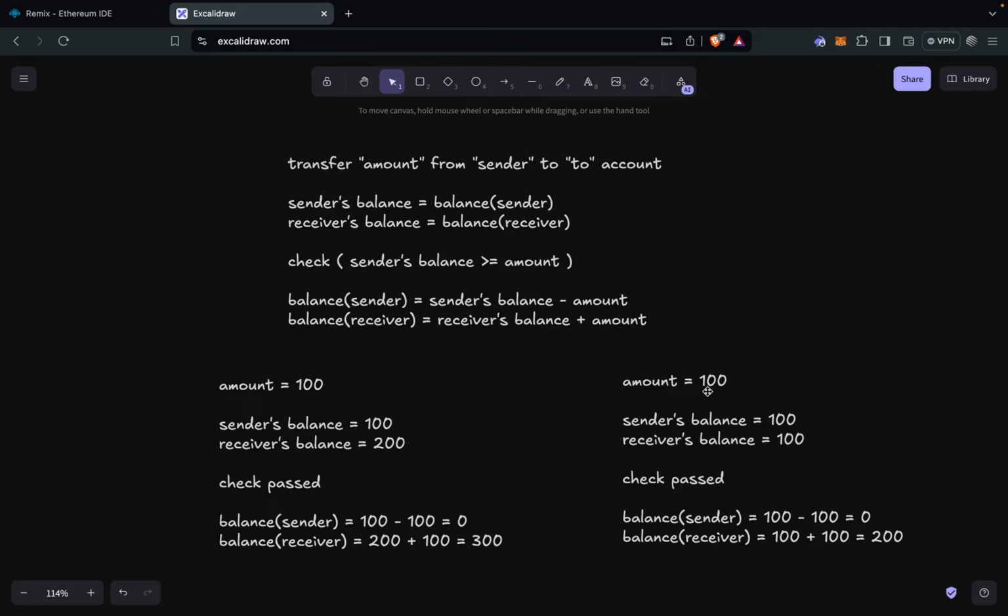So let's say again they are trying to transfer 100 tokens, and since sender and receiver are the same, the current balance value is fetched from the smart contract storage and stored in the local variable. The check gets passed because the sender is trying to transfer 100 tokens and they already have 100 tokens. Now, when the balance update happens, the smart contract storage of the sender's account gets updated based on the local